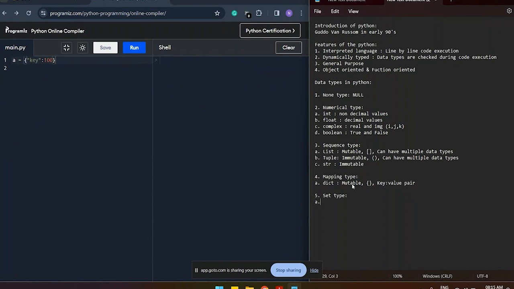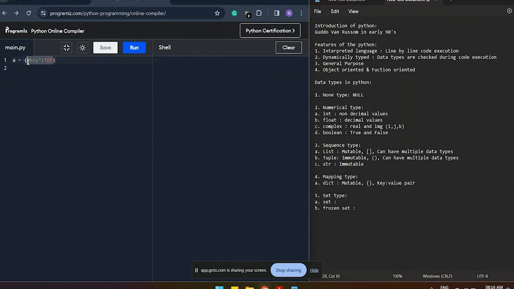In the set, there are two types: the first is set and the second is frozen set, right? Just like a normal set that is defined in curly braces.